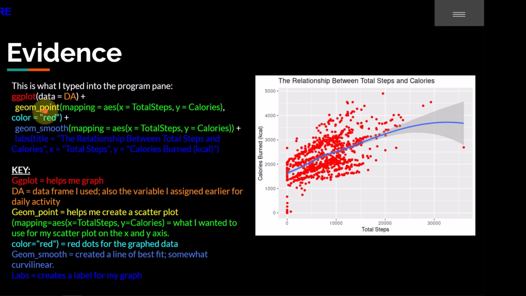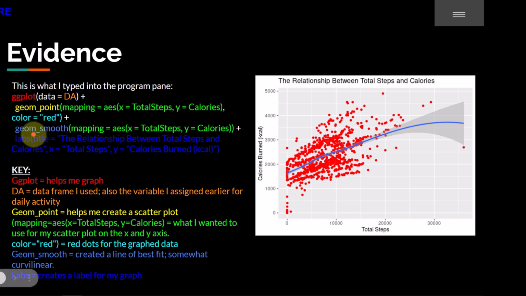Geom point helps you create a scatter plot. Pay attention. Your X on your mapping is going to be total steps, no space, 2 capitals. Your Y is calories, so you're doing that for both the geom point and the geom smooth.